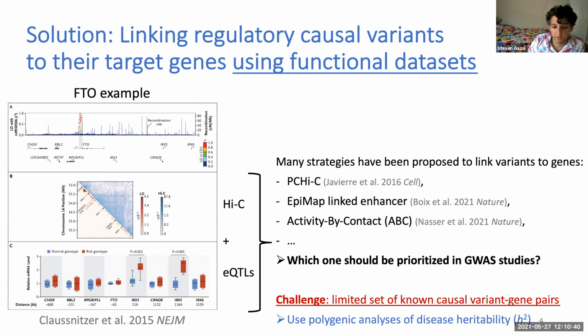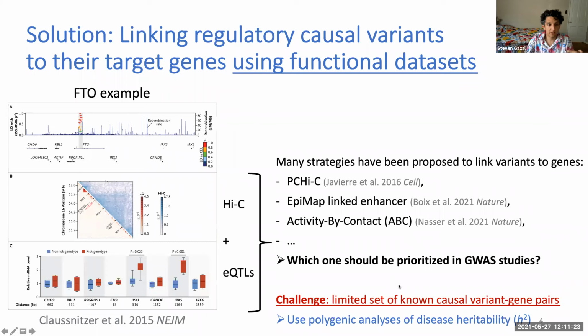in the context of GWAS. And why we don't know that is because the resource that is needed to validate those maps is not available. What we need is a gold standard set of causal variant and causal gene pairs, but these are not really available yet. The reason is that we created these functional data to highlight these pairs. And if you scroll the literature, there are really few examples where both the causal variant and the target gene have been